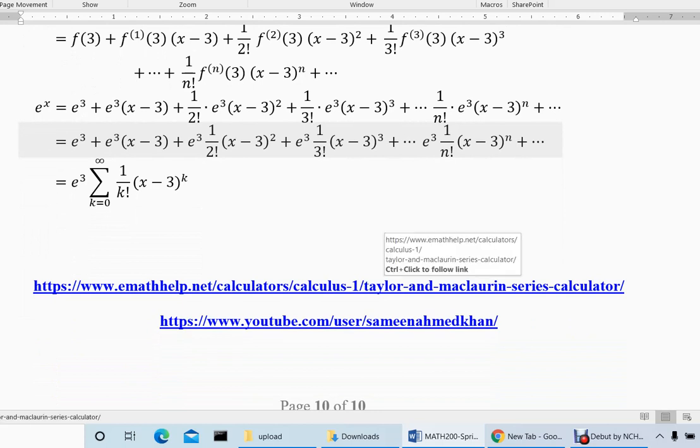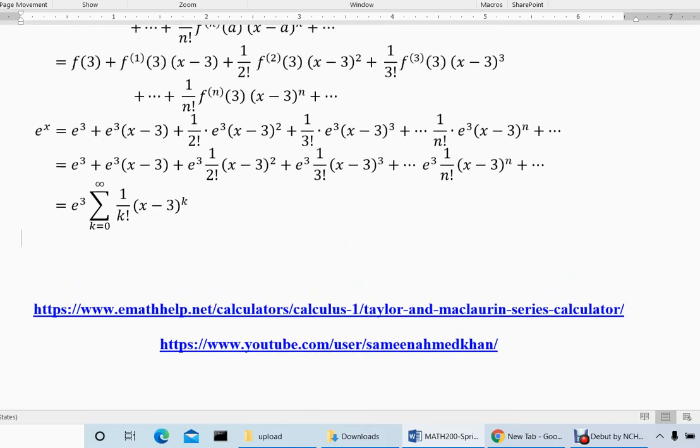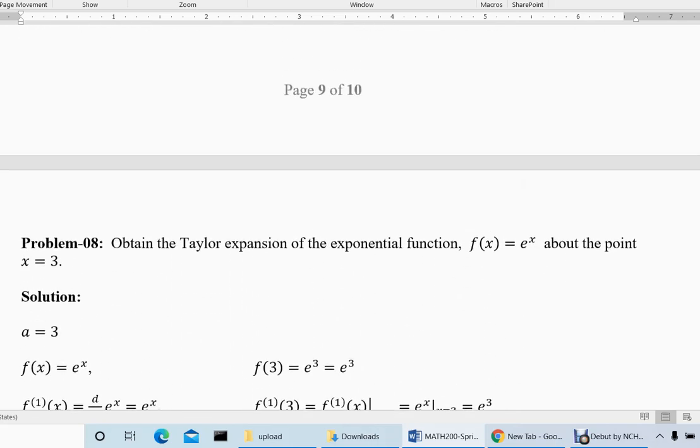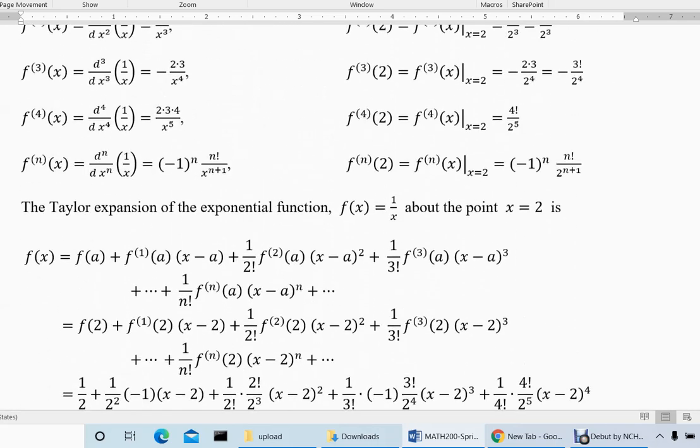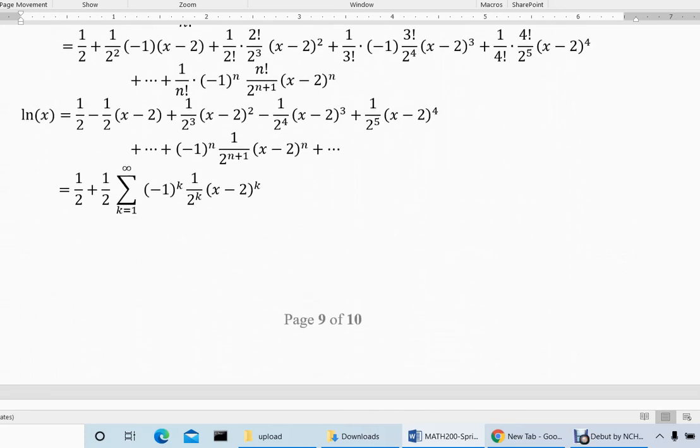And there is a website here which will help you to do Taylor expansions. So please practice some questions on this website and see how it is working. And in your exam questions, please remember the last 3 examples where a is not equal to 0 are important, and that's what you have to learn in this course today.